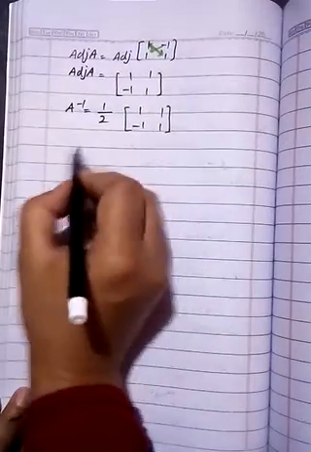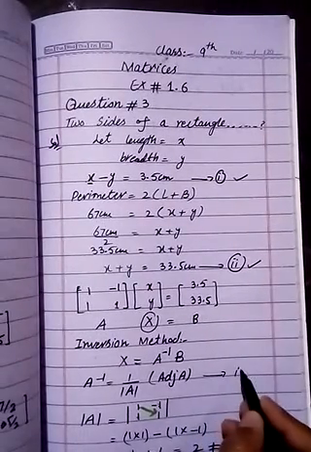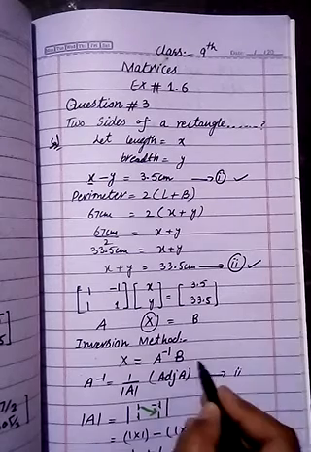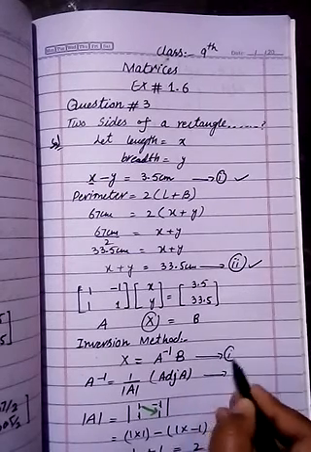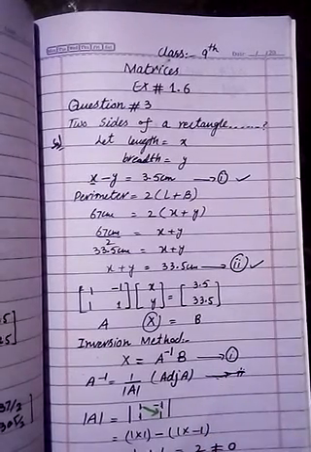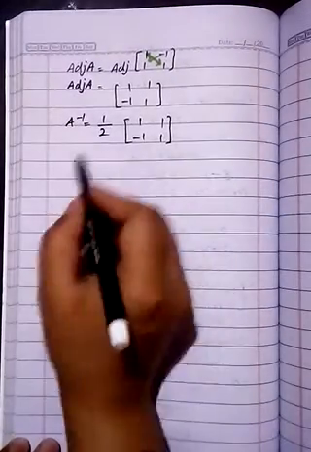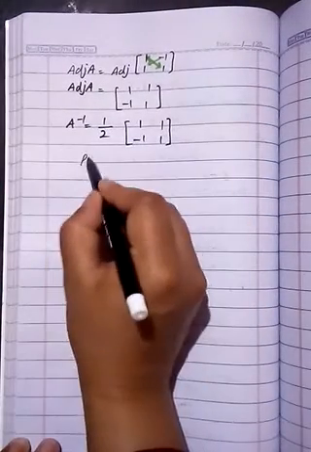That is known as equation number 2 and that is known as equation number 1. You do not need to name this, leave it, okay, equation number 1. So you have to put this value in the A inverse formula. Okay, done. Now put this value in equation number 1.